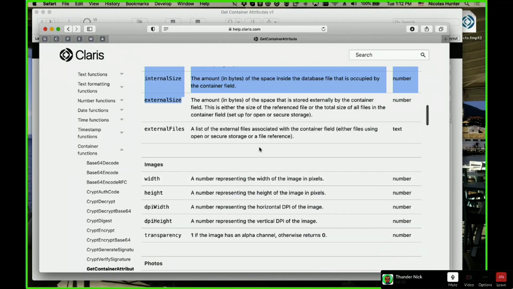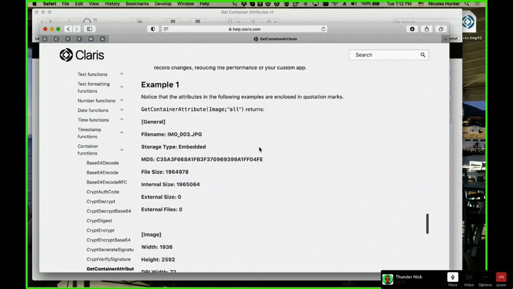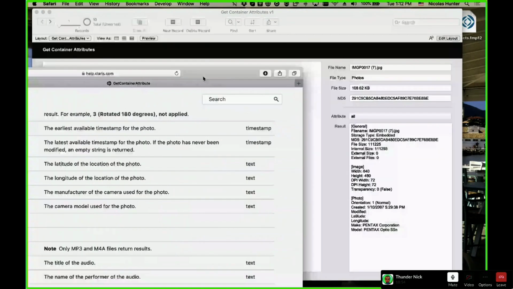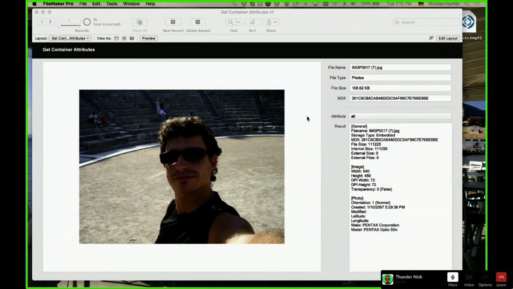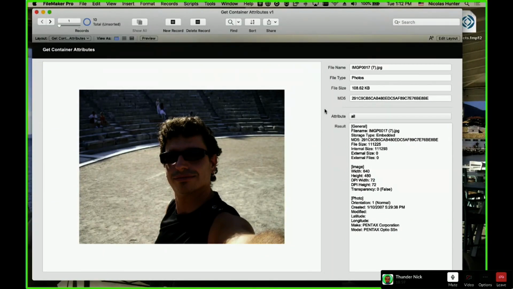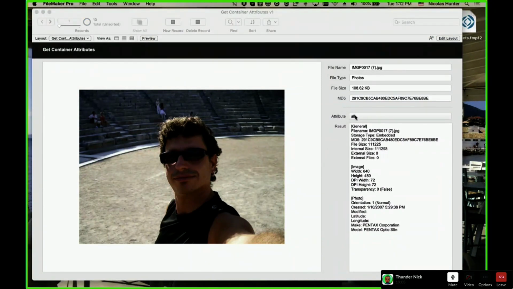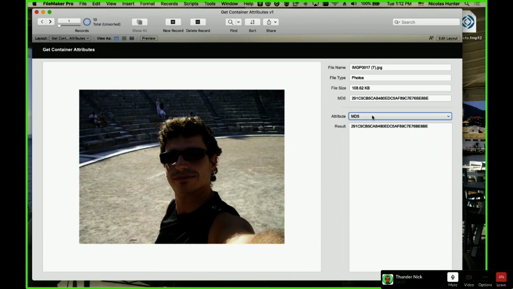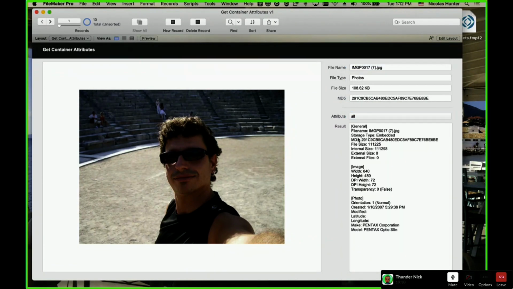So how does it work? We are going to visit some of them, not all of them, because most of them are self-explanatory. Remember I told you about the groups of attributes.